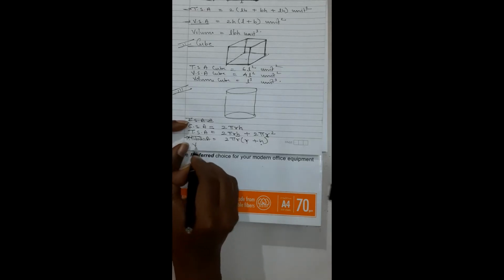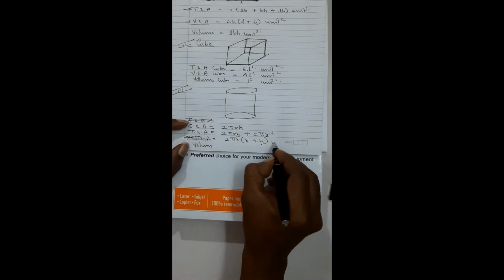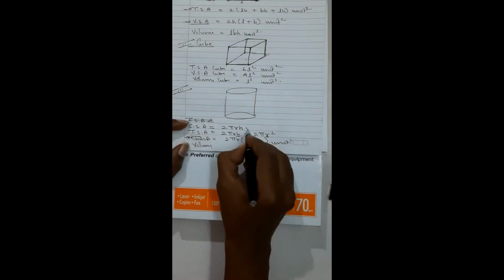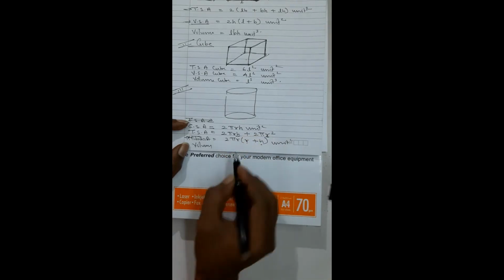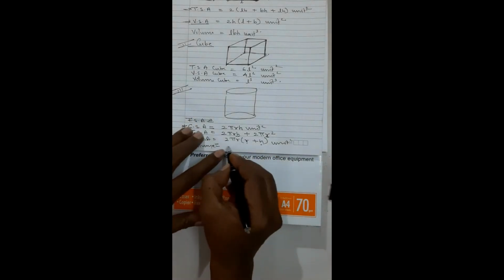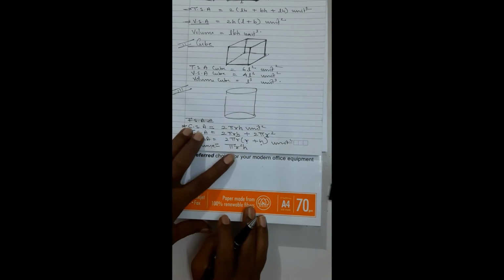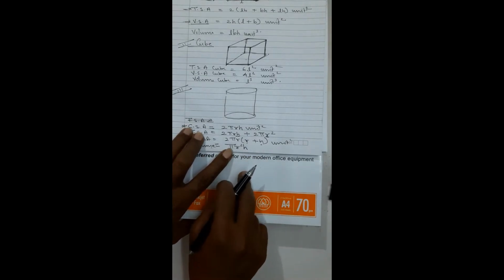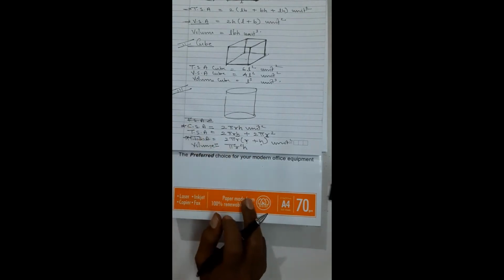And then we have got volume. Surface area will be also unit square. Volume is always that what is inside. You are measuring inside. Whatever is inside space, that is called as the volume. And for that volume, the formula is pi r square h. See, that is the main difference, my dear students.